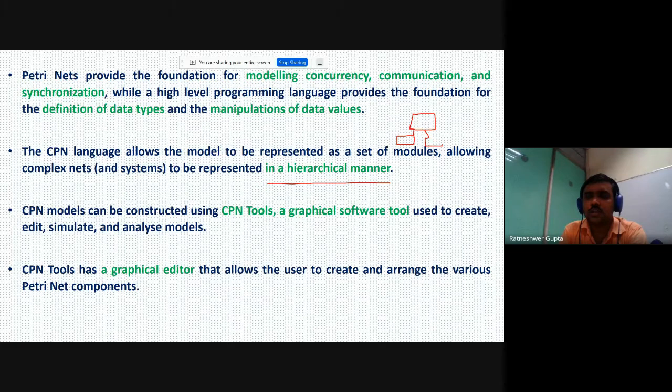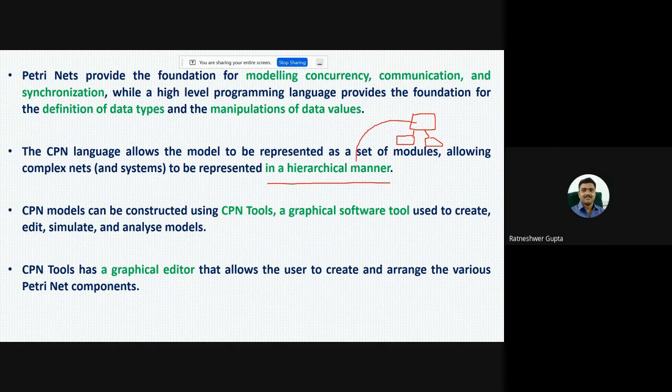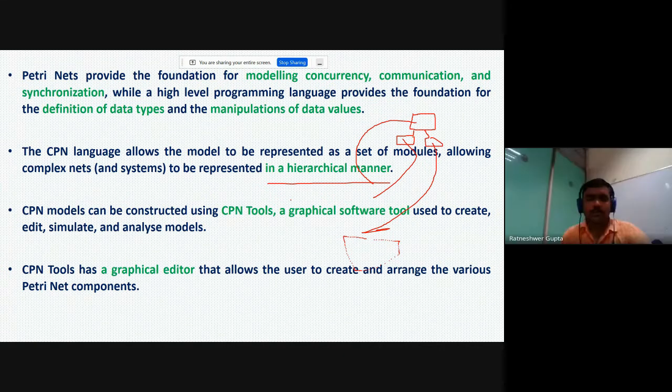Then we go for the detailed design of each component on a separate page, and on the final page you can see the combined behavior of all three components because they are connected to each other. So in Colored Petri Nets we have this hierarchical feature, where you can represent the components hierarchically and study their behavior.